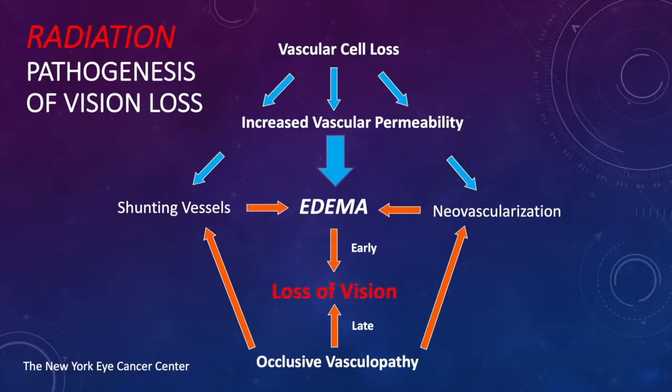Later on, other things happen. There's a progressive occlusive vasculopathy that continues. Much like most chronic diseases, radiation retinopathy continues, particularly if it's suppressed and not allowed to become fulminant and affect vision right away. So we use anti-VEGF agents to suppress this process, but still, even with anti-VEGF agents, if you follow patients long enough, you'll see the occlusive vasculopathy as cotton wool spots or capillary dropout, primarily seen on OCTA